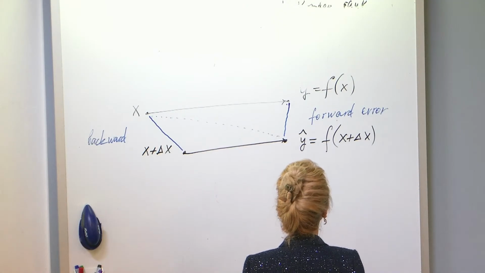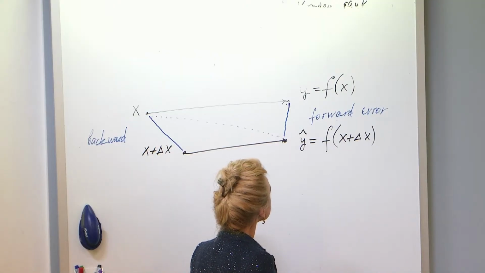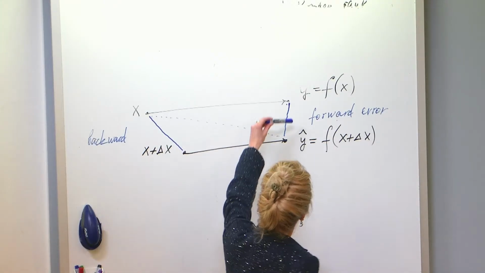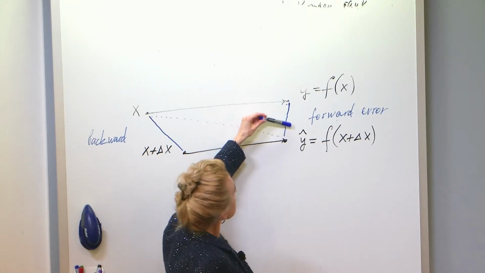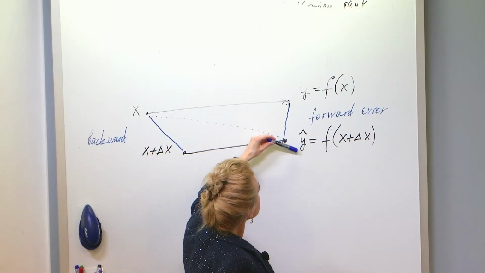I thought in forward error the input has to be x, and you just measure the change in the output. We are measuring the difference between the computed value, however it's computed, and the true value. But the true value should come from the true value of x. Right, so that's what I meant. Like in the forward error, you probably mean delta x equals 0, right? The forward error is this distance between the true value and the computed value. But it has to be the computed value on the true input. Otherwise, it's mixed forward backward.